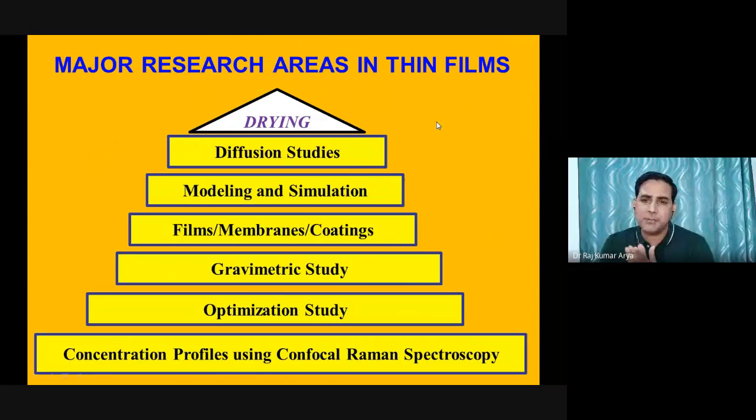Now, these are some of the major research areas in which people are working. In the case of drying, the first part is drying, and drying needs diffusion studies within the materials, and then you have the modeling and simulation part, because in each and every field, the first and foremost part these days is modeling and simulation. Before making anything on a real scale, modeling and simulation is the most important tool these days,